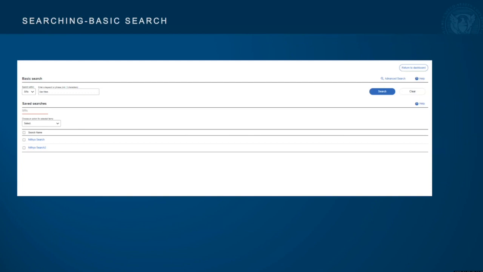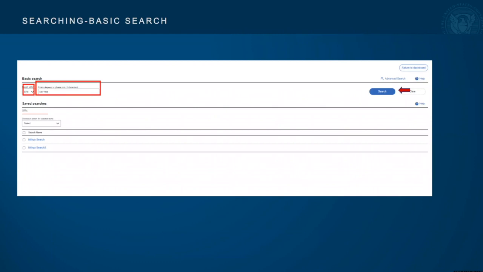Basic search. A basic search will allow you to search for a service request using the SR number itself or a word or string of words associated with that request. For example, you can enter a works title, such as Star Wars, into the search box. On the search page, you may enter a keyword into the search box and click the blue search button to